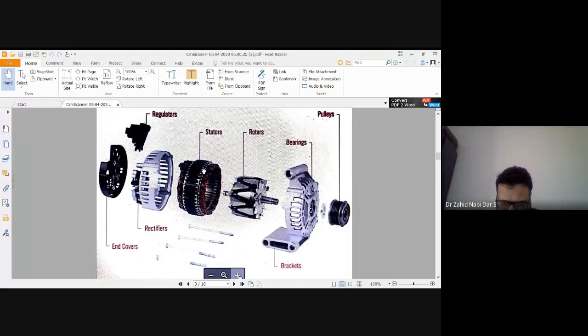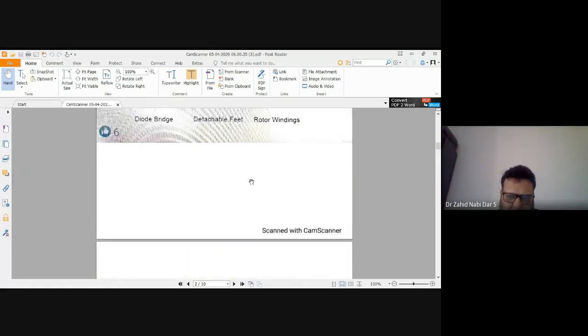We give AC supply, and it starts like an induction motor. Then when it reaches a significant speed, we cut off this DC supply, and the rotor and the stator lock onto each other and operate at synchronous speed. So in a synchronous motor, remember that your mechanical rotational speed nr would always be equal to ns, which is equal to 120 f by p. That is why the name is synchronous motor or synchronous generator, because the speed will remain the same.